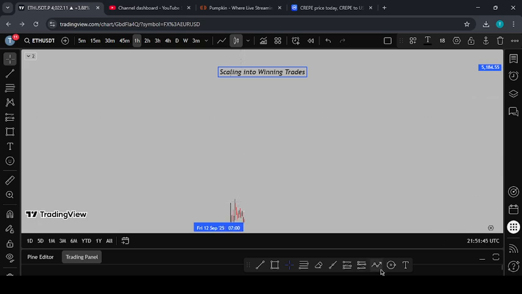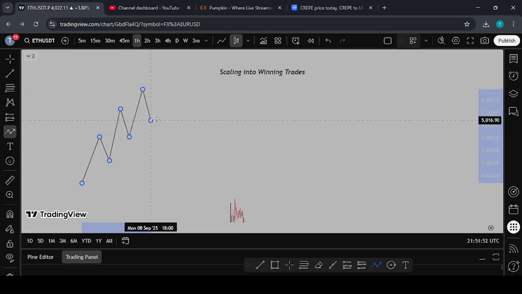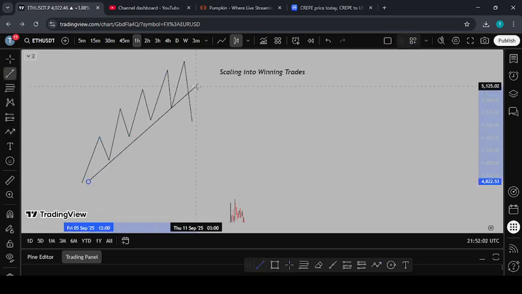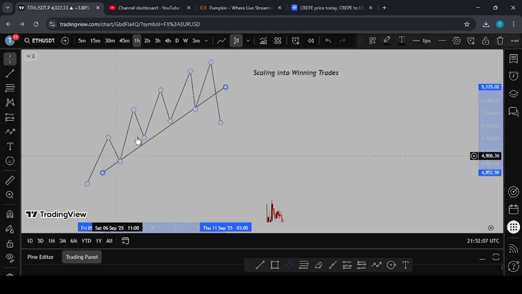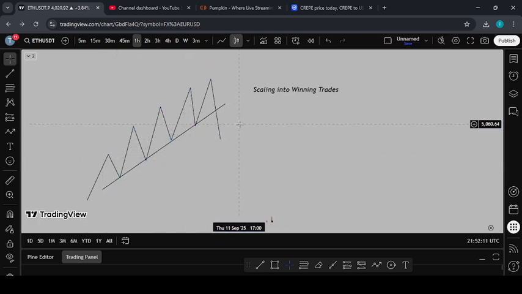Say you have the market moving in an uptrend like this, and this is a higher time frame uptrend. Then all of a sudden, the market makes a particular shift, right? You know that the trend line has been taken out. Now say this is maybe the daily time frame or 4 hours time frame, right? You know the trend line has been taken out, and the market broke structure and closed here,